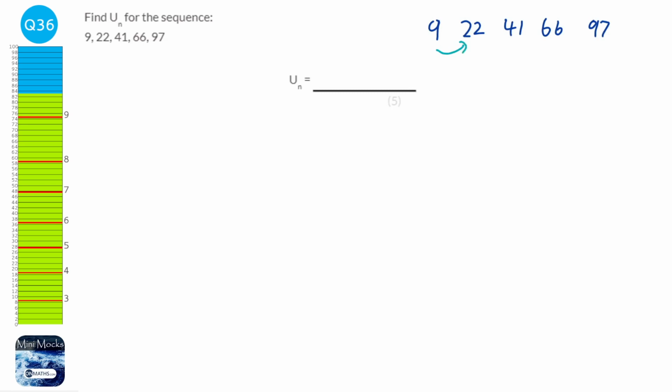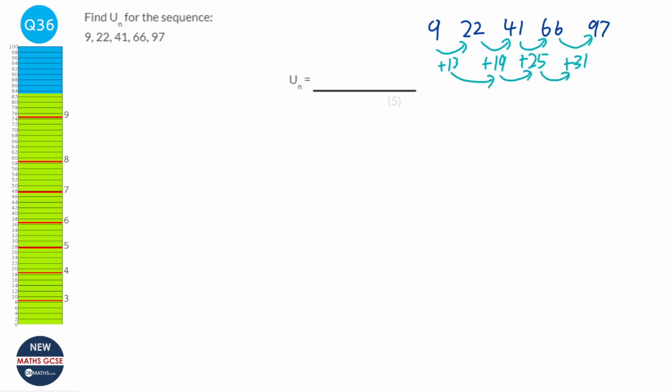So that's going to be plus 13, then we've got plus 19. So they're different already, we know that it's not a linear sequence, and that's going to be plus 31. So we now look at the difference of the differences, and so we've got plus 6 again, and plus 6 again. When you have a difference of differences, it's going to be a quadratic sequence, and we're interested in what